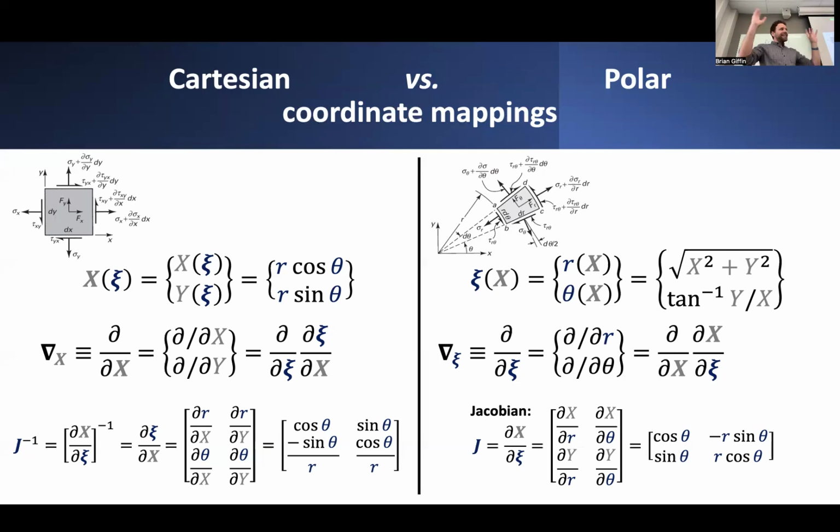I'll just say that it's possible to take these corresponding representations for, let's say, x in terms of r and theta, come up with some kind of relationship between what are the partial derivatives with respect to x versus partial derivatives with respect to these parameterized coordinates, r and theta, and also come up with maybe some relative mappings between these two different operators. In general, that operator is sometimes called a Jacobian, which is somewhat like the deformation gradient,